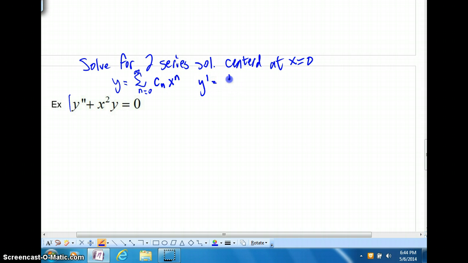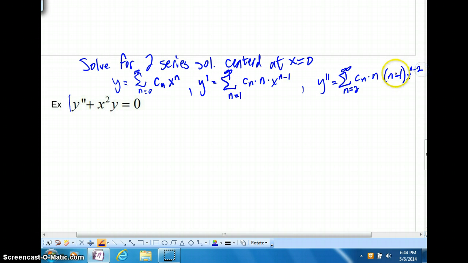Y prime is going to go from n equals 1 to infinity. Remember, we're losing that first constant. Done that before, doing this now for the third time. We're going to take a second derivative. We're going to lose another constant. So we're going to go from n equals 2 to infinity. This time we're going to bring down an addition with that n, an n minus 1 and an x to the n minus 2. We'll substitute this all in,